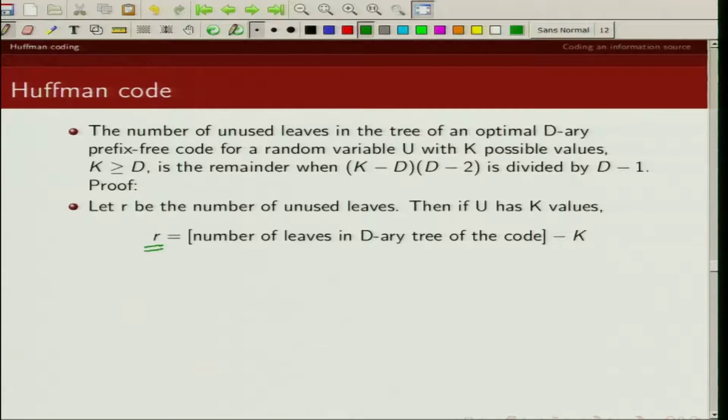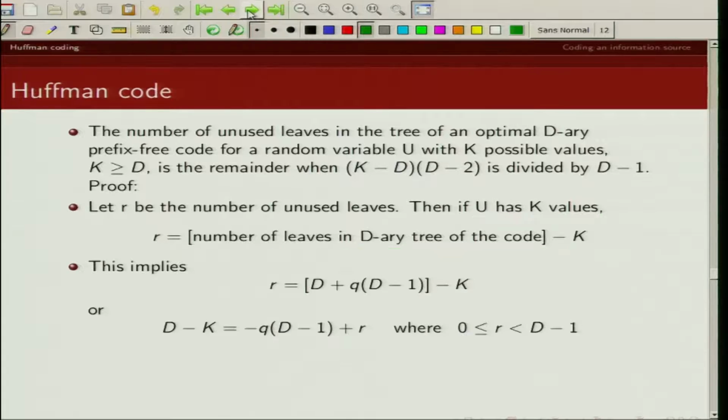So the number of unused leaves is given by the number of leaves in a D-ary tree minus the number of possibilities of this random variable U, which is k, because U takes k different values. And what is the number of leaves in a D-ary tree? That number is given by D plus q times (D minus 1), where q is the number of nodes minus the root node. So the number of unused leaves is given by this expression.